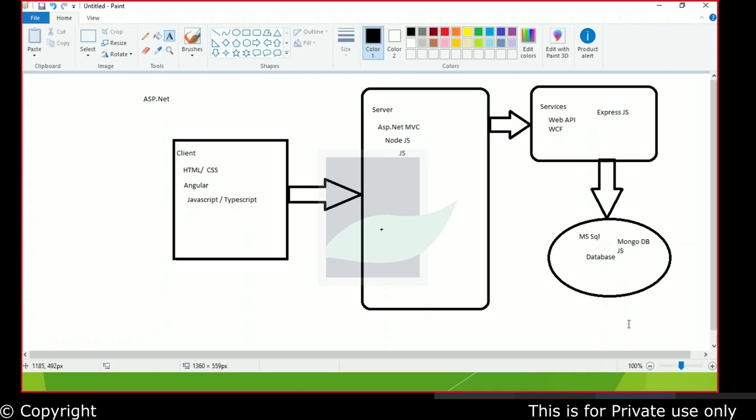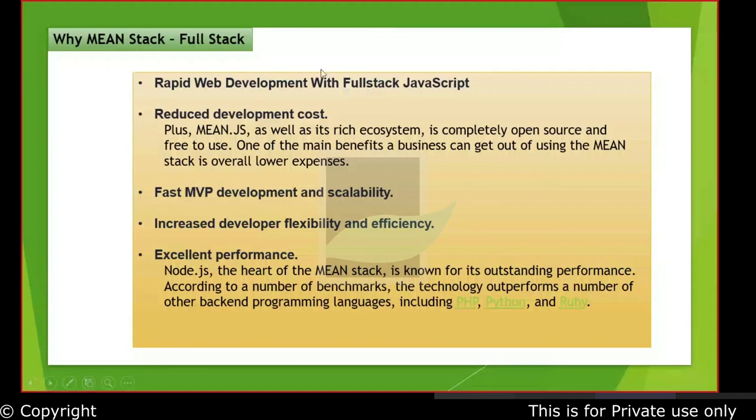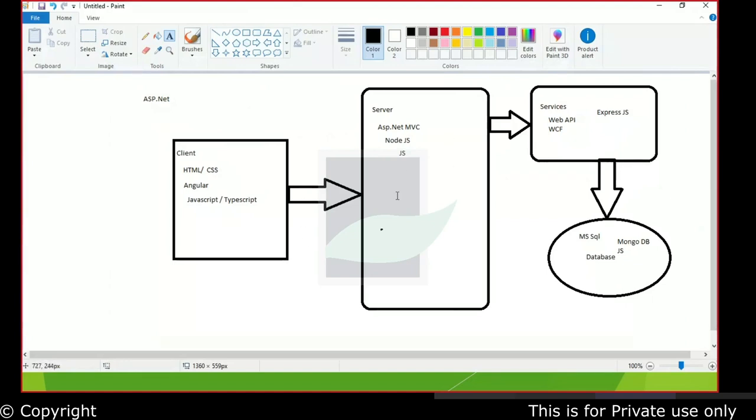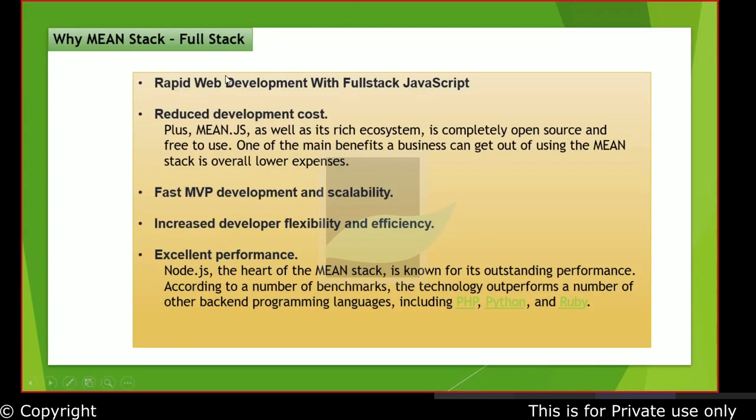So what is happening with the developer when he is switching context across layers? He is just using one technology, which is JavaScript. That is where you can expect the developer to be pretty efficient because he is not switching context as in the case with any other technologies which you work with, like ASP.NET full stack. You would be switching technologies as and when you work with multiple layers. That's not the case when we work with MEAN stack development. That is one of the advantages you have there.